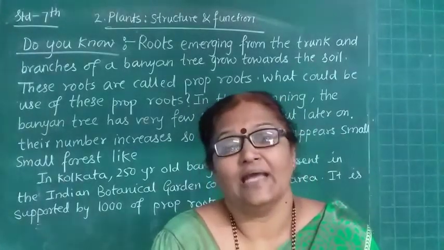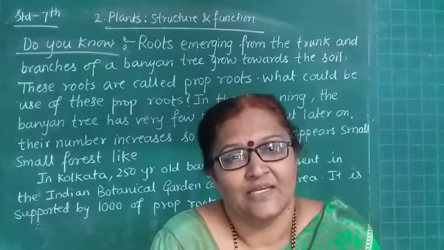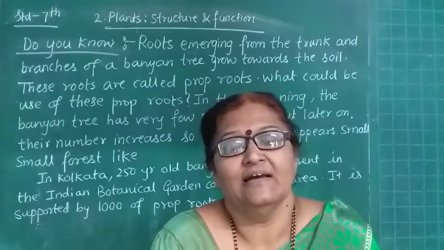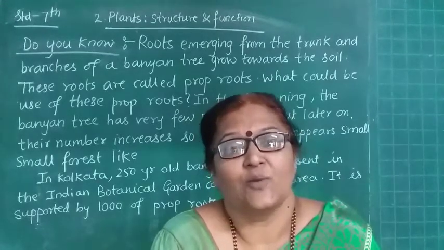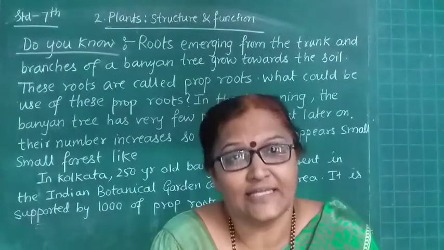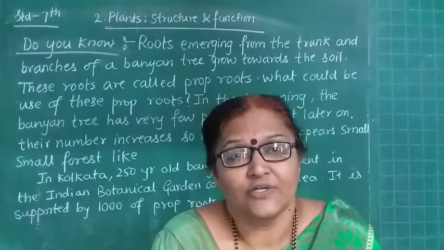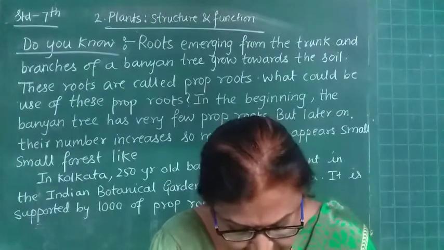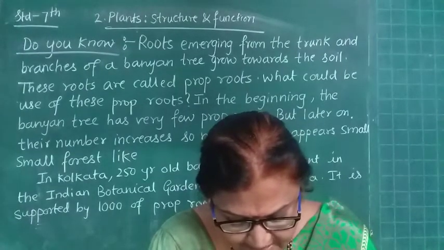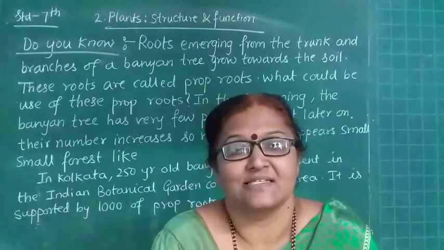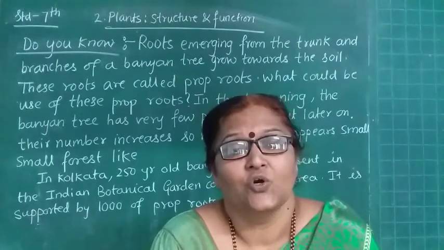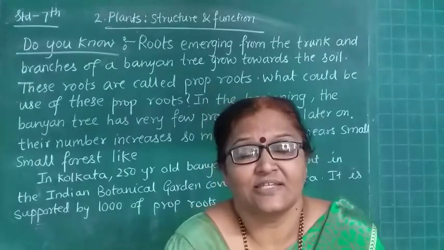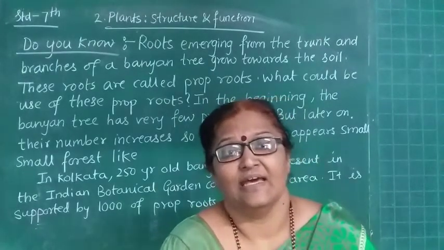Now suppose the root tip is injured. If the root tip is injured, then the growth of the tree is not possible, because the growing tip is nothing but the root tip in the case of plants. Then see the fenugreek, spinach and onion plants. These have fibrous roots. They have very thread-like root structures in their body.